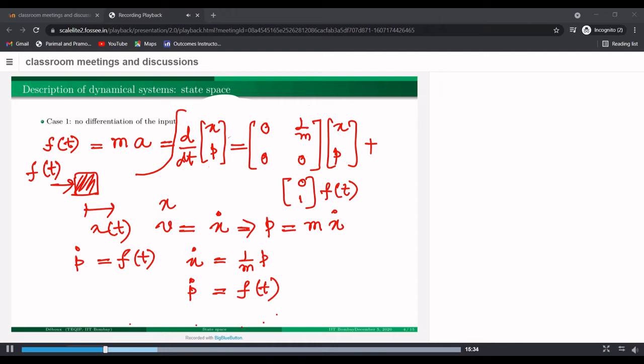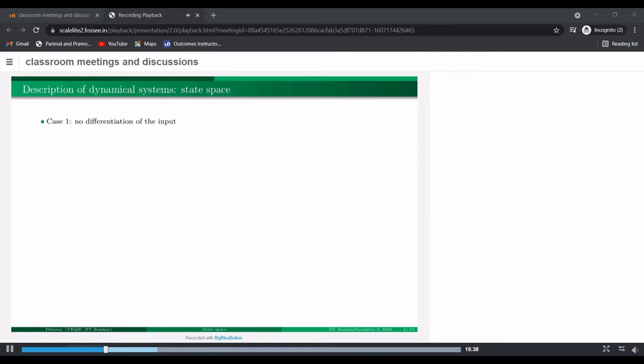The general form of this phase variable description is that, if it's a system with n particles instead of just one single particle, then each of those n particles will have a position variable and a momentum variable, right? So we'll have 3n such position variables, because in 3D space there will be 3n variables, and momentum also in 3D space can be a 3D vector. So there will be 3n such momentum variables, to total 6n variables. They together give us the phase variable, the vector x and the vector p, and its derivative is going to be equal to, in general,